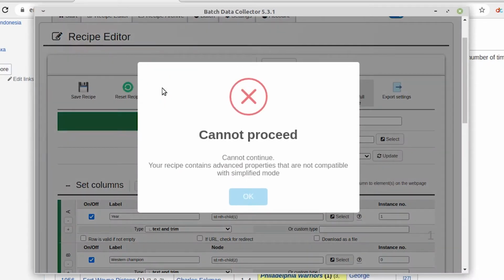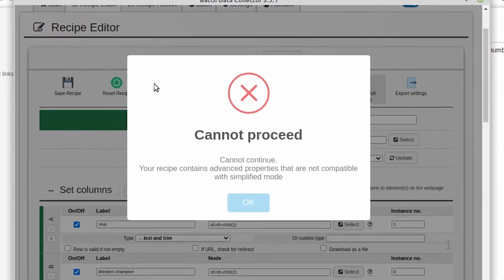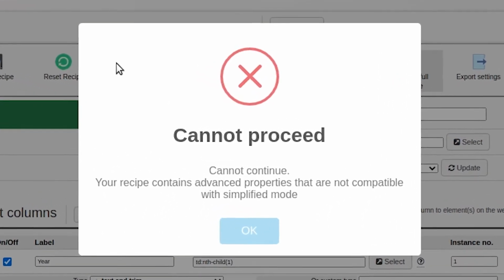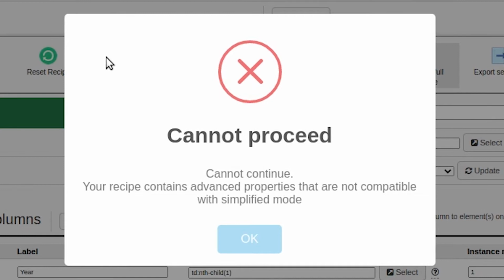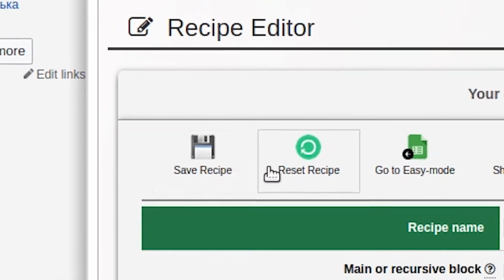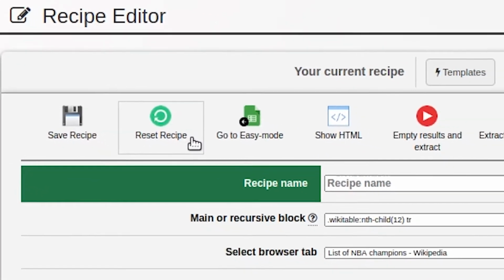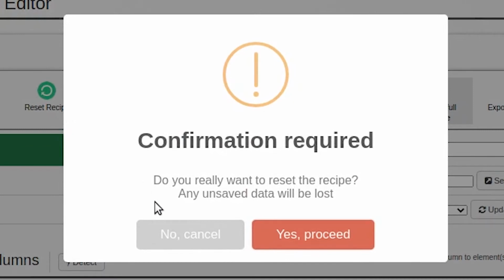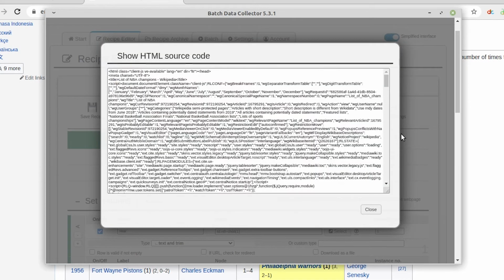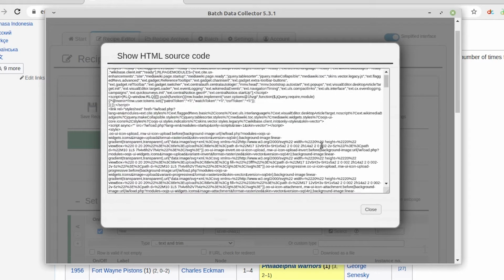Failed conversions will result in a pop-up user notification outlining the required changes that must be manually addressed to be able to continue. On the same menu, as we have already covered in previous sessions, the Save Recipe button, active in the premium version known as Batch Data Collector, and the Reset Recipe button, which requires your confirmation before resetting your recipe. Additionally, Show HTML generates a window containing all the source code of the page currently selected in the